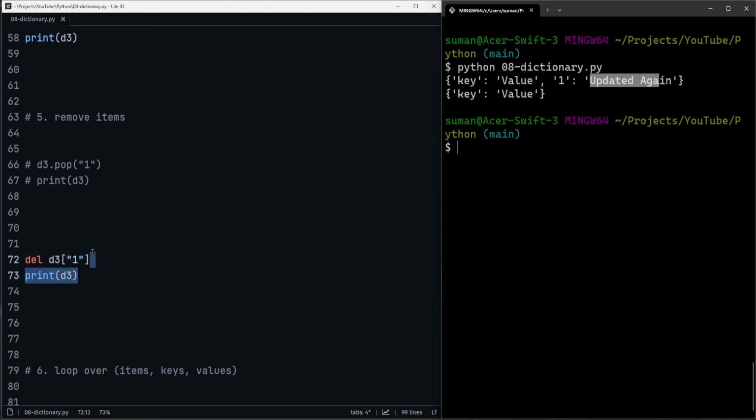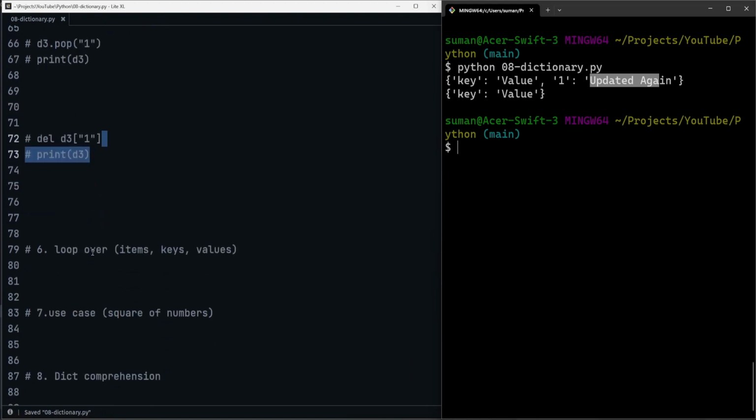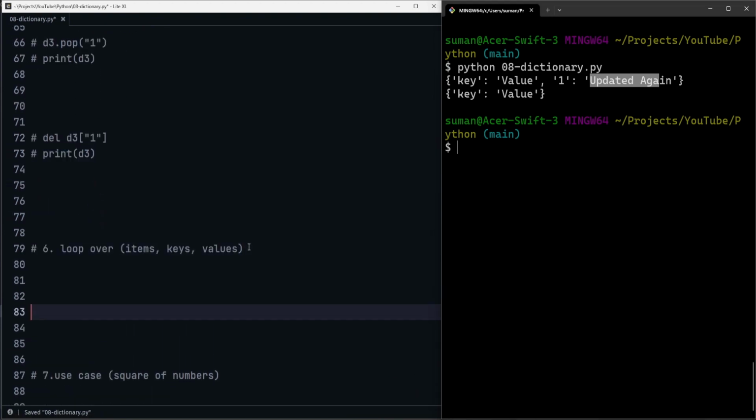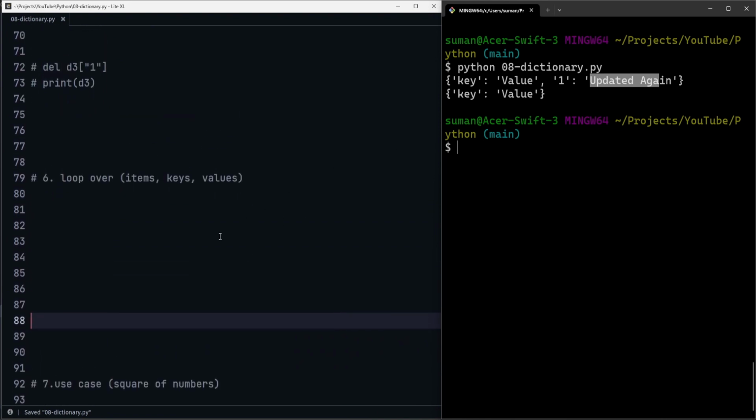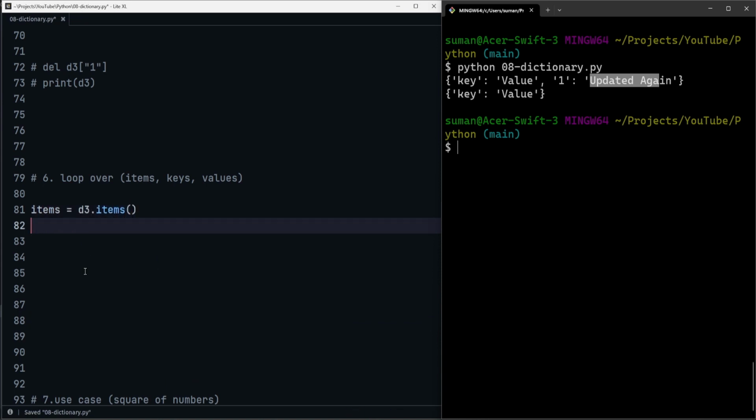Okay, now how do you loop over them? To loop over them, there are many properties. First is, since we know in a dictionary everything is stored in key value pairs, if you wanted to loop over them at the same time, then you can use something called items. Suppose you want to use items, then you can do d3 dot items. Now if you print these items,